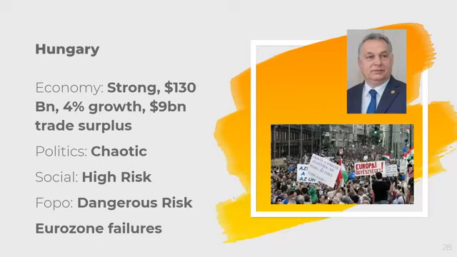In addition, he wants to pull out of the Eurozone. Well, he doesn't want to pull out of the Eurozone, but he stopped Hungary from getting into the Eurozone and really benefiting from the free trade. In addition, he's also been debating about pulling out of the European Union. He's a Eurosceptic, and he wants to be friends with Russia. The problem with this, though, is remember that $9 billion trade surplus? Yeah, that one.